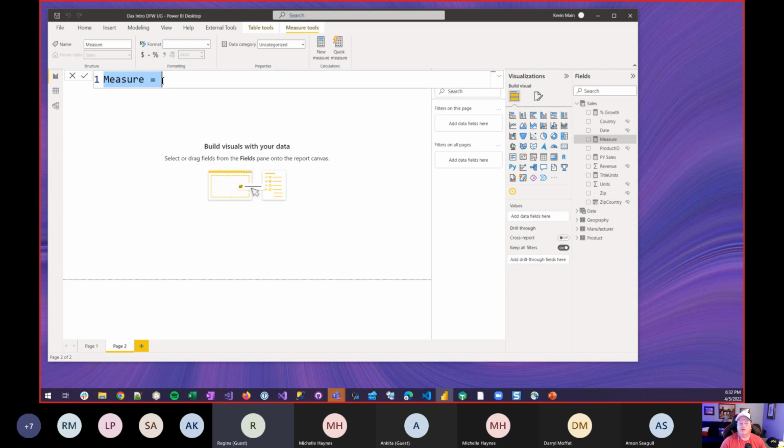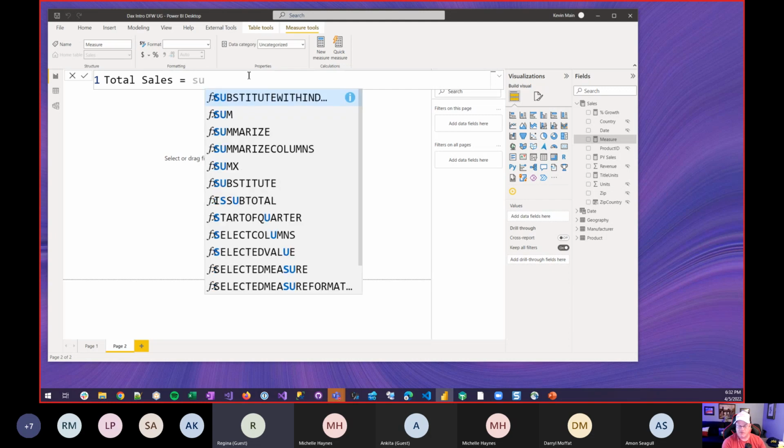And I can make it bigger for y'all. So this is a reserved word, but it's the first word that it puts in when defining a new measure. So we're going to change this to call it total sales. And we're just going to simply use the sum function. Ooh, that's interesting on how it got bigger. And